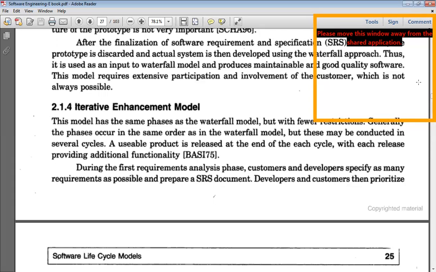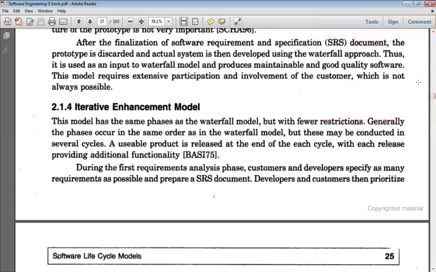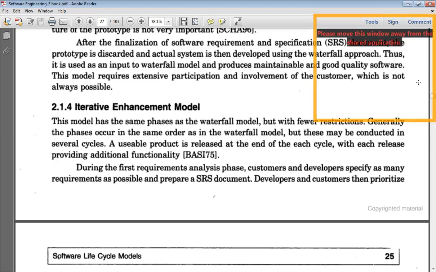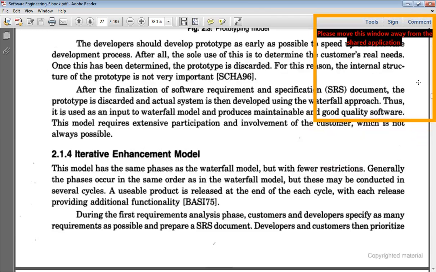Similarly, in the prototype model, the problem is that you get a prototype after a certain time. If it is validated by the customer, then okay, you start designing. Otherwise, if it's not validated,